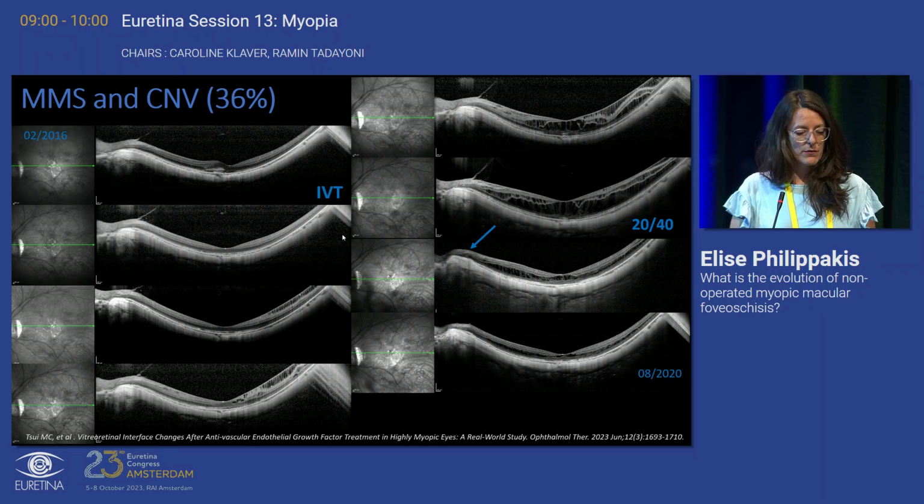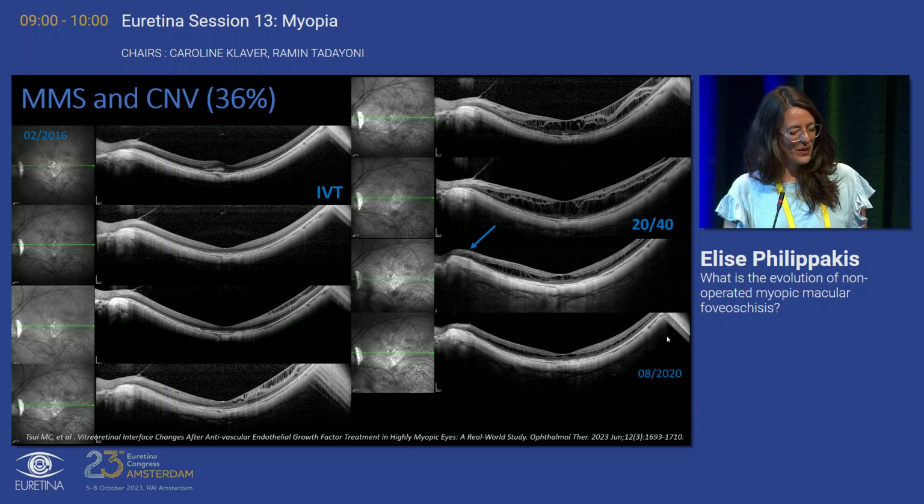And in the 5 cases with CNV, I will give you an example. This patient had a CNV, was treated, followed up, and we observed the onset of a myopic macular schisis. And at a point where we were discussing surgery, she came with myodesopsia and her vitreous was detached. And then the schisis resolves spontaneously. So this has also been described in a very recent paper that onset of macular schisis can occur in 16% of eyes with CNV, and that spontaneous resolution was observed in around 6%. So both situations can be together.